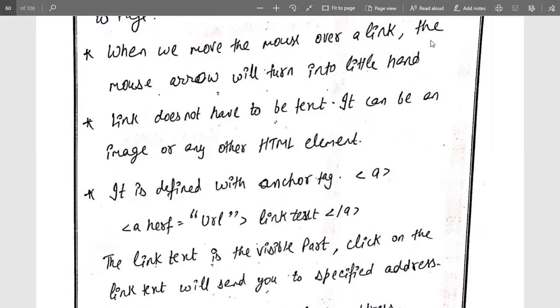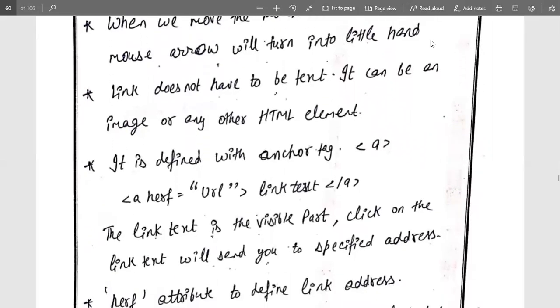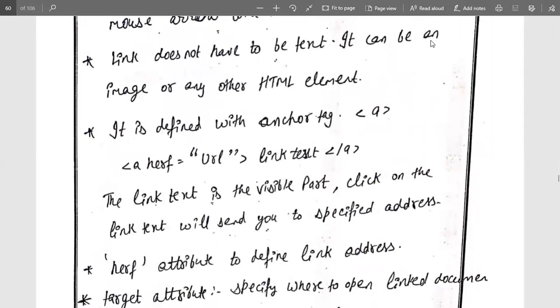To define any hyperlink, we need the anchor tag, which is represented with an angular bracket, and the ending tag is enclosed with a backslash. Here is an example of an anchor tag.